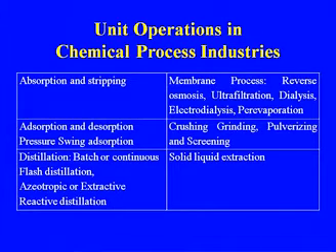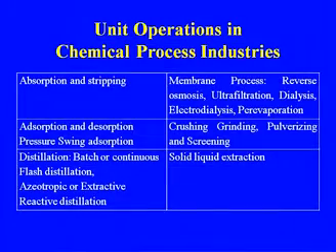Membrane process, although membrane or filtration was used from the very beginning, the real development came with the problem of purification of sea water, how to get drinking water or processed water from sea water. So, the major development was because of that, and now various types of membrane processes have been developed: reverse osmosis, ultrafiltration, dialysis, electrodialysis, pervaporation, and all those processes are being used.